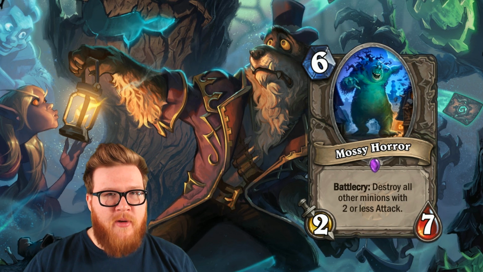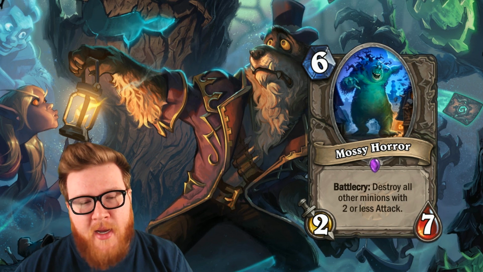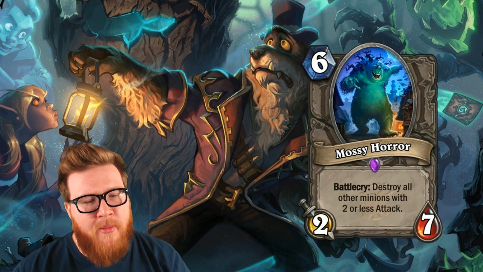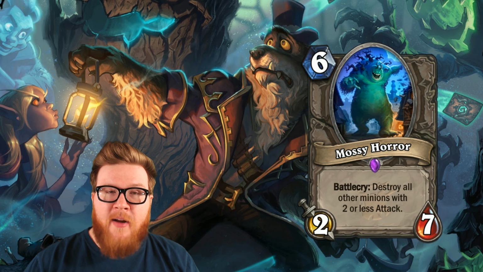The fact that it's a symmetrical effect is really a very tiny downside, except perhaps in Arena, where it could be a downside. But in Constructed, it's no problem at all. And of course, destroying all that stuff is great. That's essentially Shadow Word Horror,